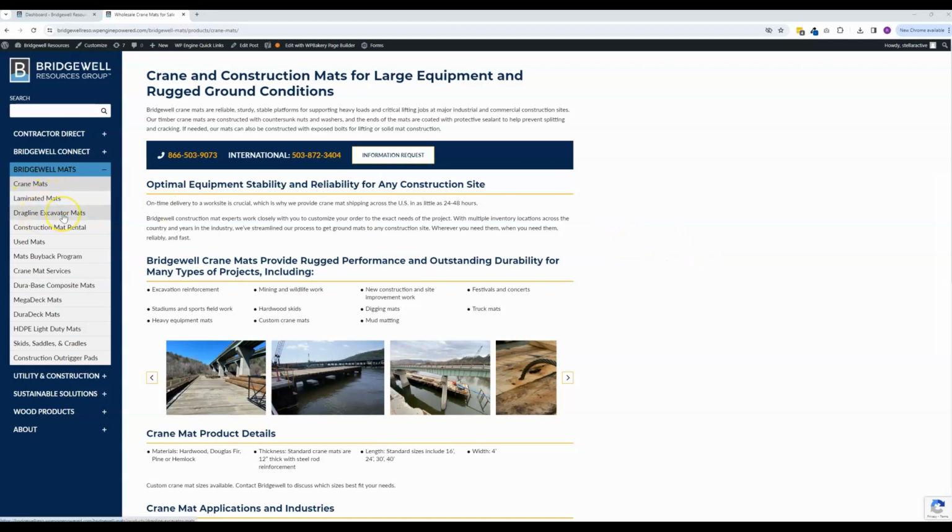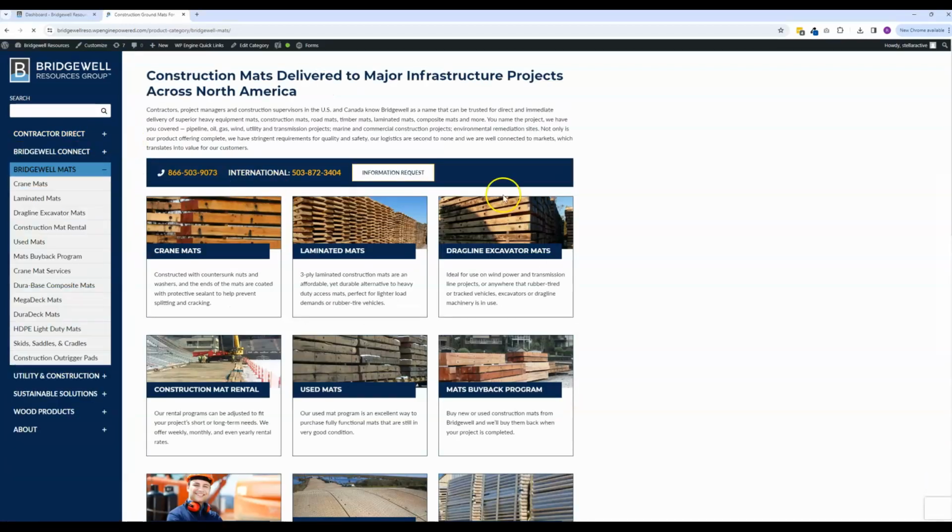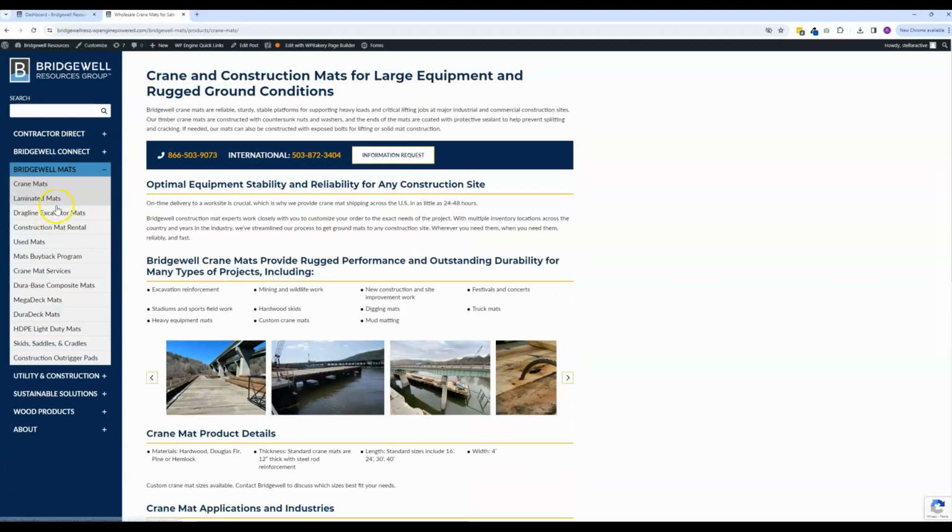We are going to cover how to update the information on what we're calling the product and services pages. So not the category pages, but anything that comes underneath them. So not this Bridgewell Mats page with all of the cards, but any of the individual service product pages that come underneath that. So you can see here that once we're logged in, we get a little menu up at